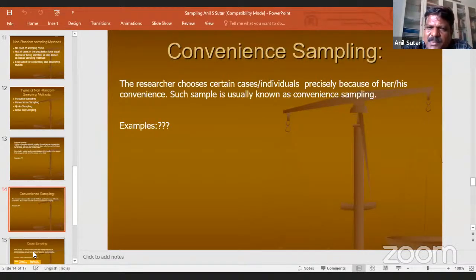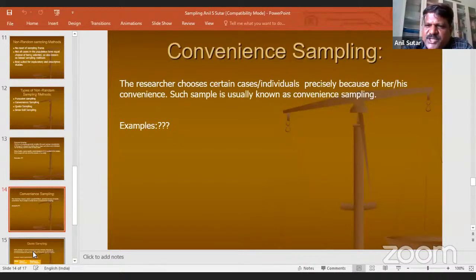It could be an example of convenience sampling. Patients go to the doctor's clinic, the family physician, regularly. The doctor may administer a survey on them only because they are his or her own patients. There is a good rapport. There is no scope for non-response. A high response rate will be there in the survey. That is also important. So the best example of convenience sampling is a doctor studying one's own patients.